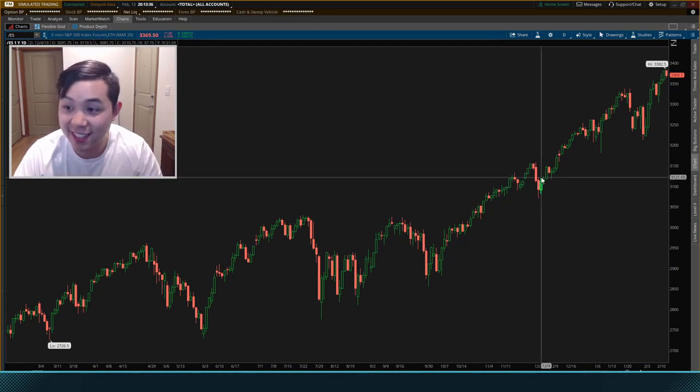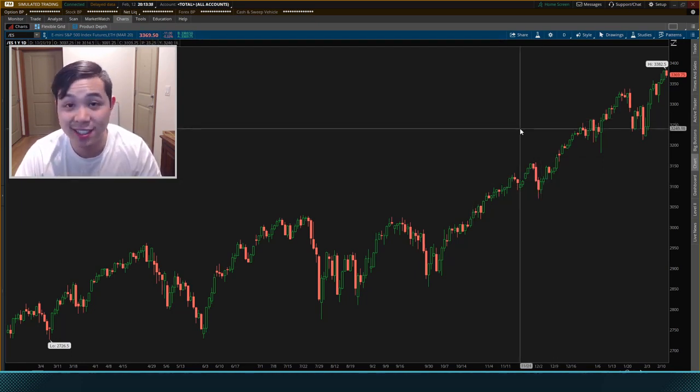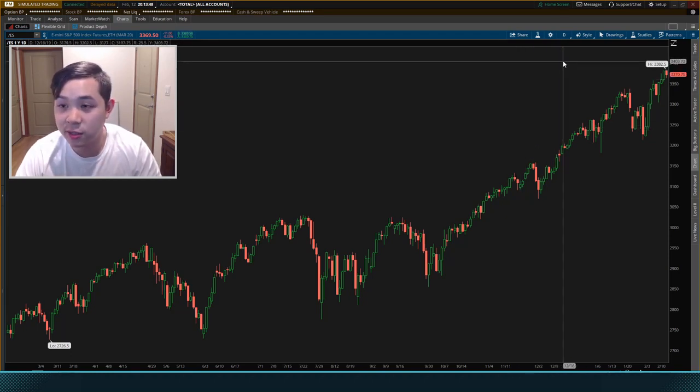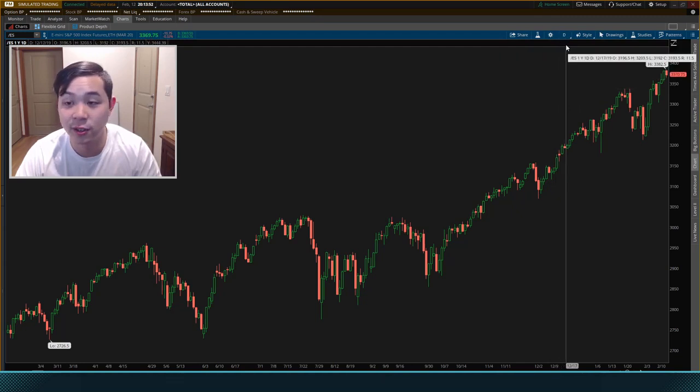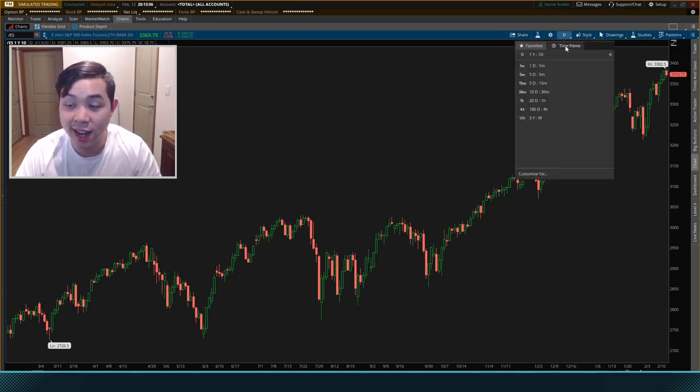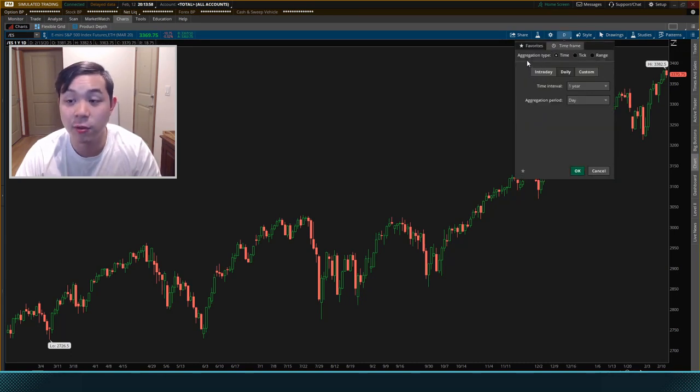Now, the next thing we want to do is actually bring this to a 2000 tick chart. That is the time frame I like to trade. You can trade whatever kind of time frame works best for you, but for me, that is the 2000 tick chart. So we will come up to the time frame settings up here, and by default, it is going to be a D for a daily bar. I will hit this, go over to this time frame tab, and now we want to look at the aggregation type. So by default it is set to time, but I want to move that to tick,